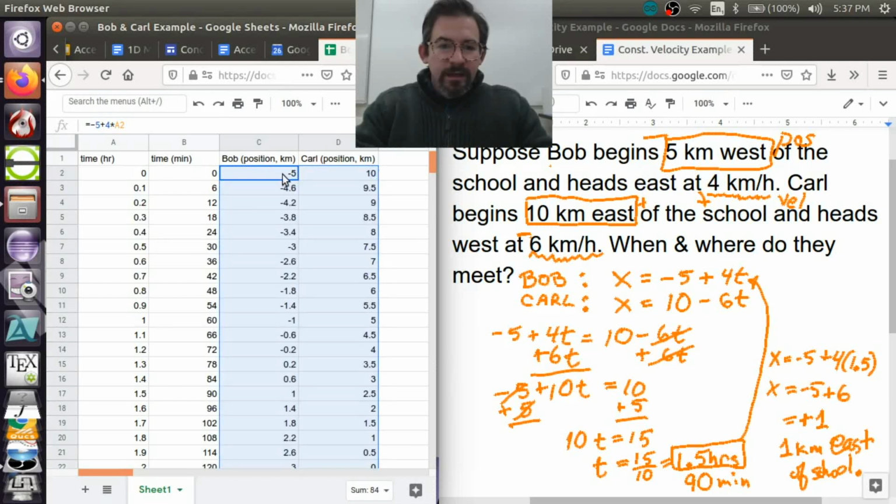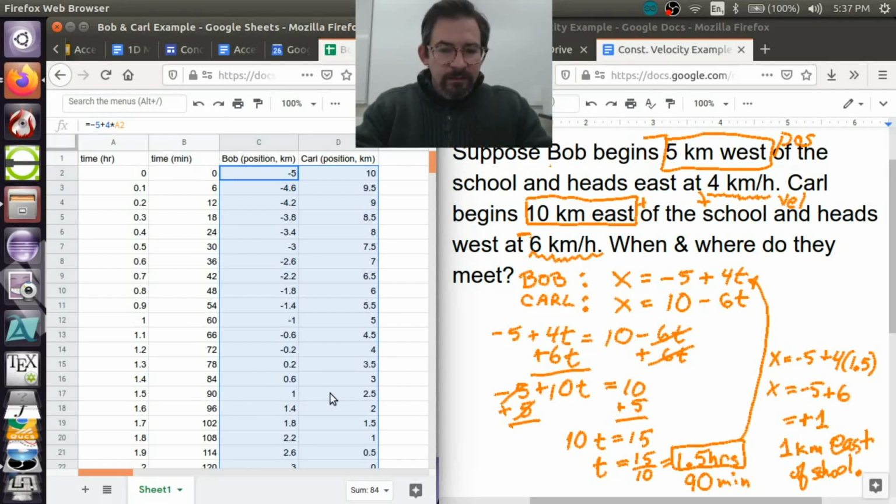So I see that Bob begins with a west position, so it's negative, and it's getting less negative. And Carl begins with a positive position that's getting less positive, so they're going to meet each other. And let's check, where do they meet? We said it was at 1.5 hours. Checking that,